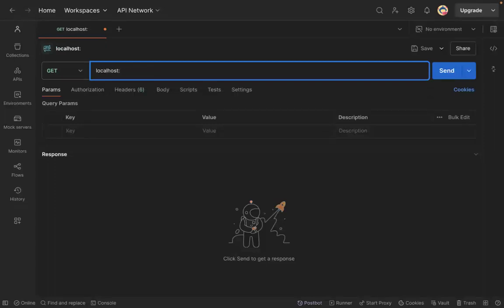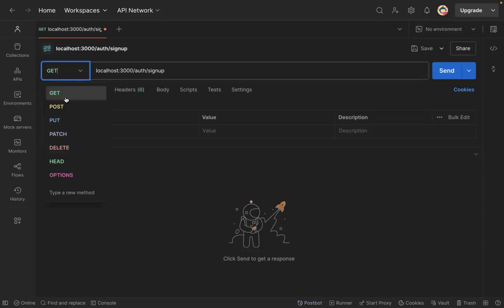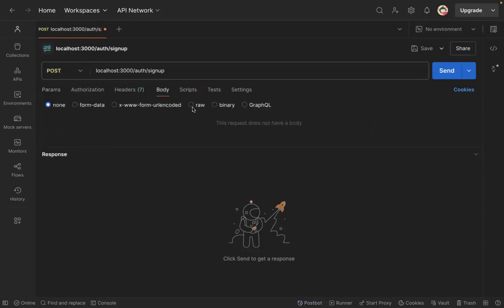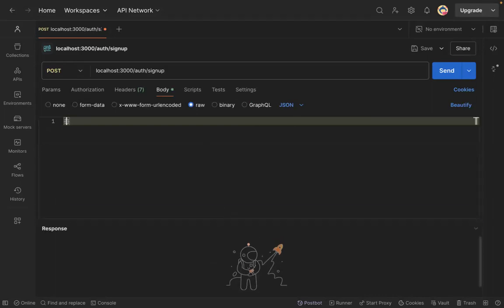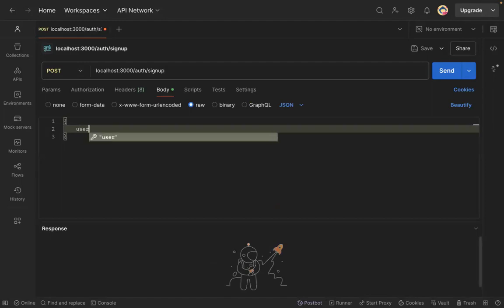Localhost 3000/auth/sign up. This is a post request, and it also needs a body. We'll come over to raw, and this is already JSON. Let's just drag this down a bit, and then we pass in the body of username